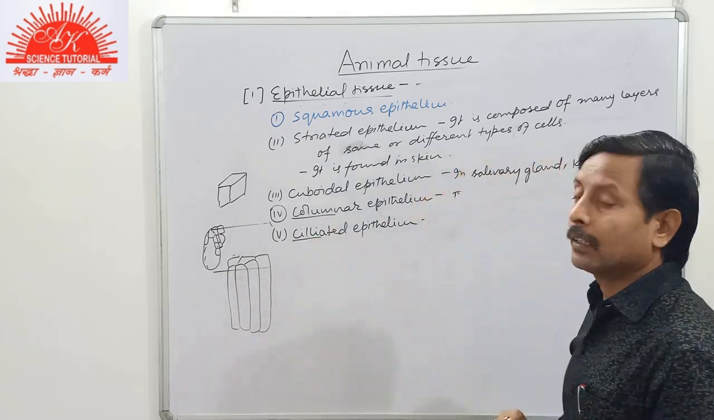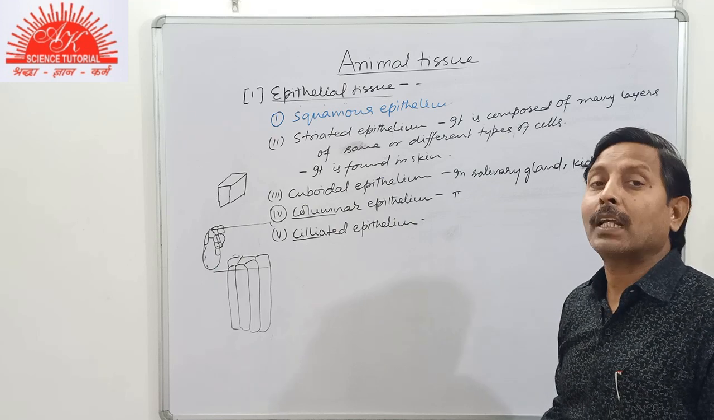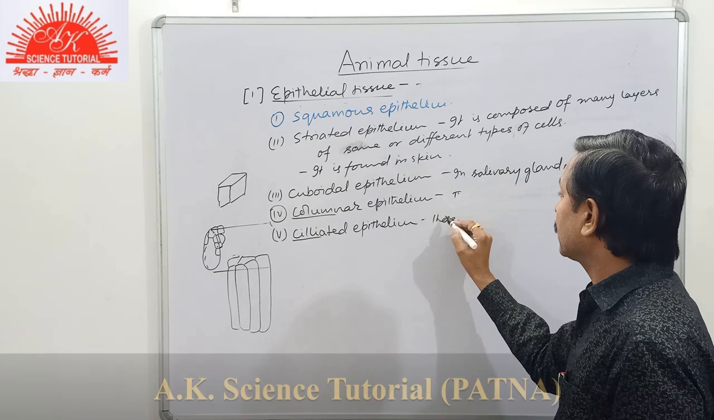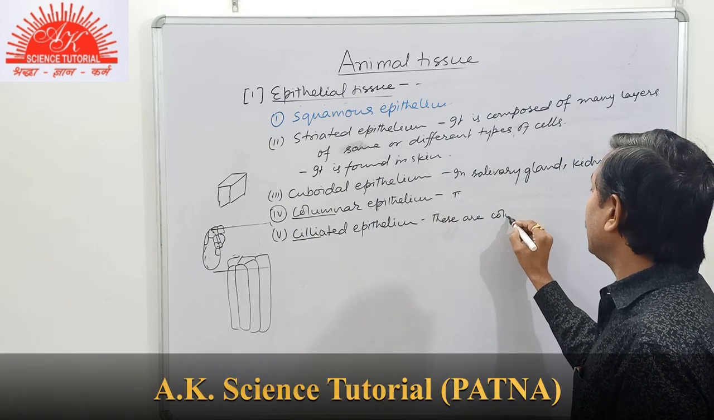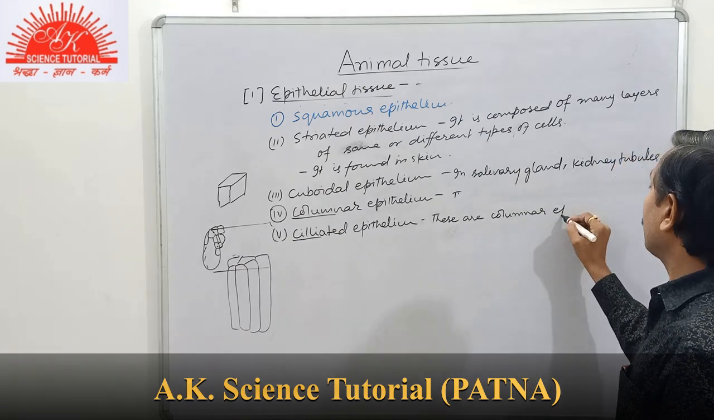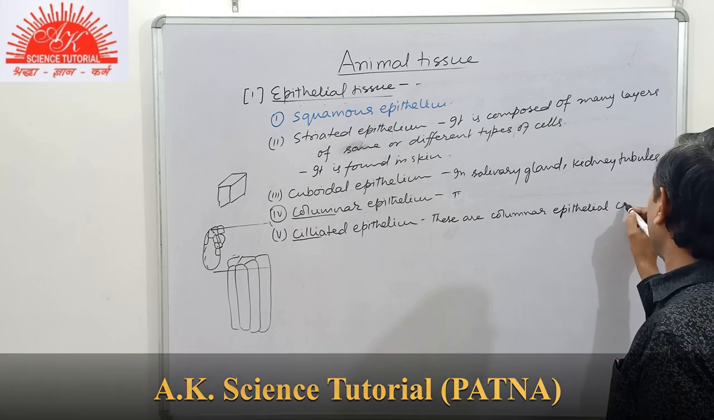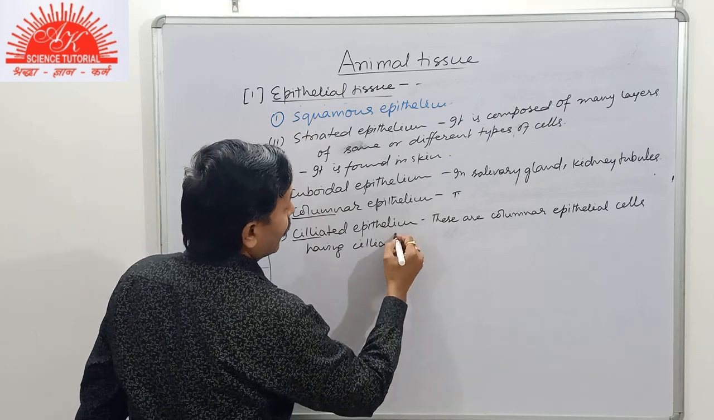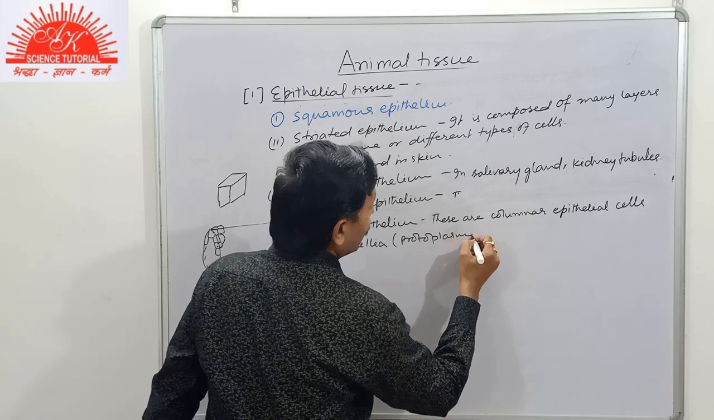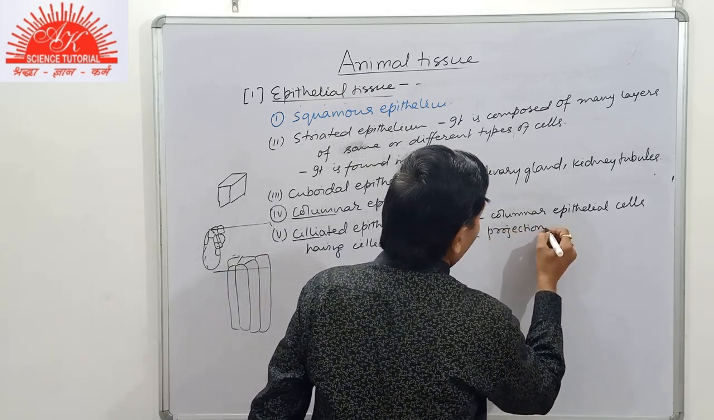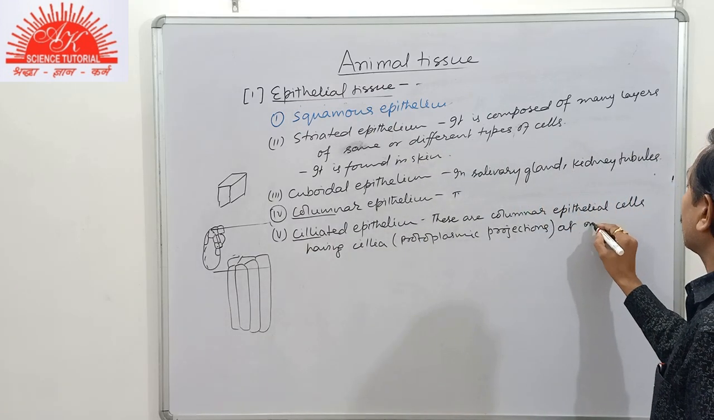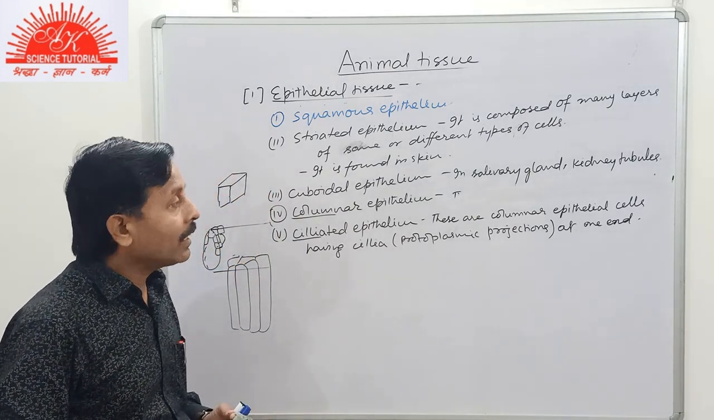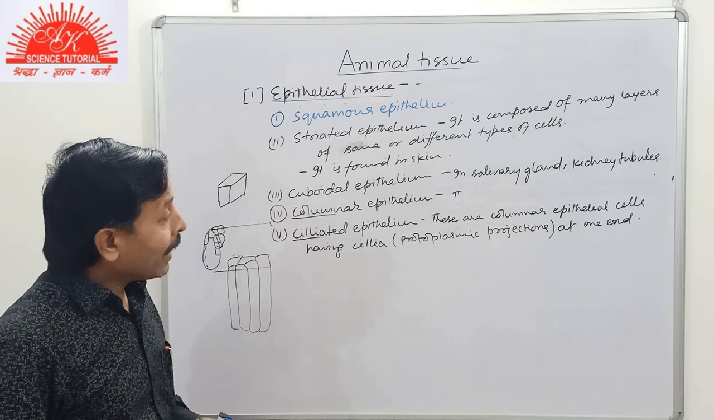As the name suggests, cilia is the hair-like projection, protoplasmic projections on one end of columnar epithelium. So these are columnar epithelial cells having cilia, that is protoplasmic projection at one end. So ciliated epithelium are the columnar epithelial cells having cilia at one end, and the cilia by its lashing